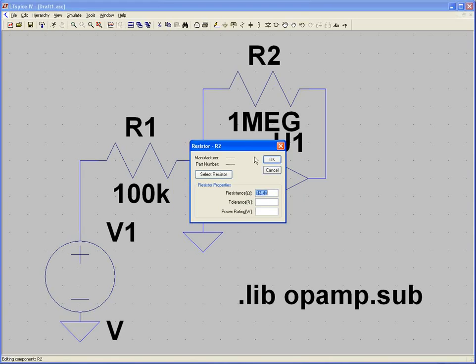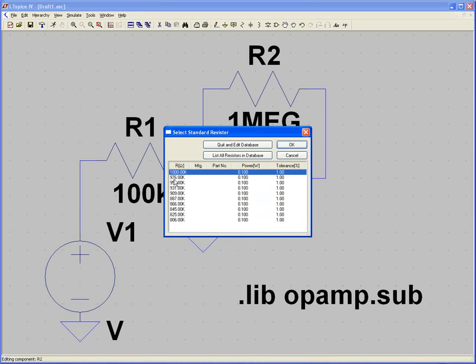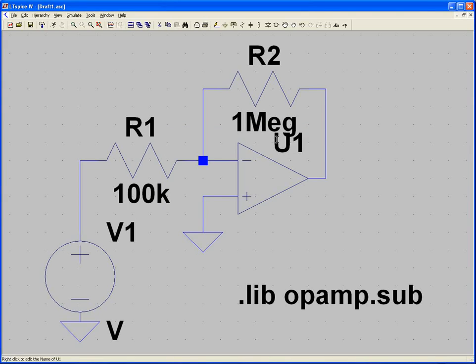And if you right click on the resistor itself, it brings up a little more options. You can set a tolerance, you can set a power rating. If you have resistor libraries, you can come in here and select a certain resistor from a manufacturer. It gives you the part number, gives you all the tolerances. That way, if you're laying out a semi-complex circuit and you want to make sure that all your components are going to work together and they're going to give you the result you want,